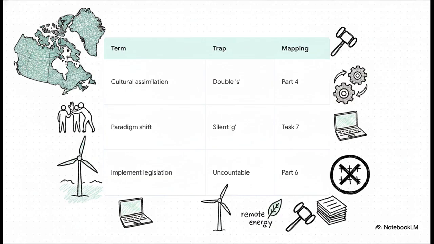Honestly, using assimilation favorably can actually be a cultural faux pas here. Watch out for the double S in assimilation when spelling it out. Next is a paradigm shift. You can say something will represent a paradigm shift in speaking task 7, like the massive transition to remote work